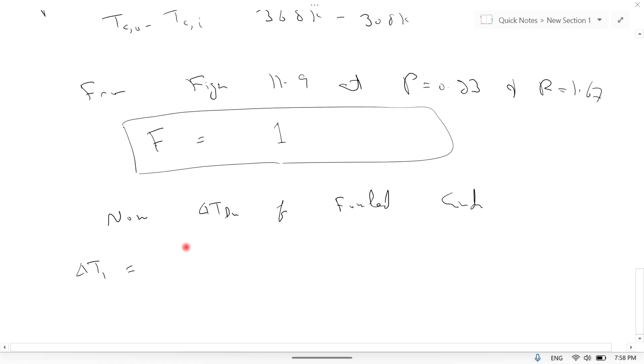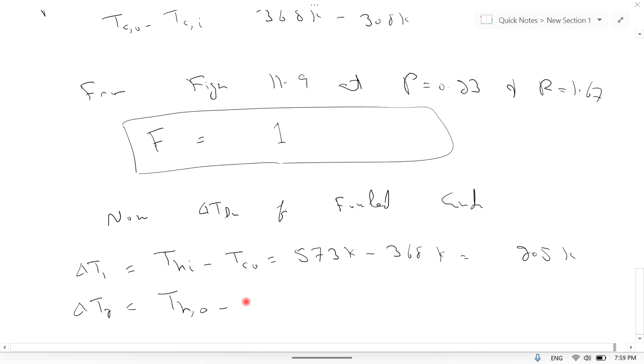Del T1 is equal to the temperature of hot water inlet minus the temperature of cold water outlet, which is equal to 573 Kelvin minus 368 Kelvin, which is equal to 205 Kelvin. And del T2 is equal to the temperature of hot water outlet minus the temperature of cold water inlet, which is equal to